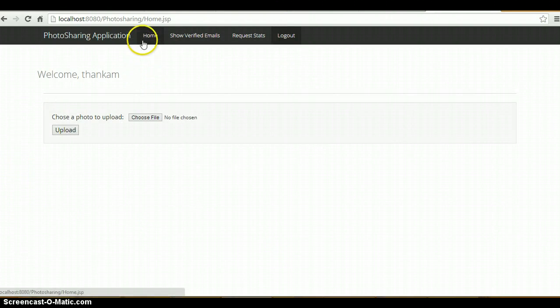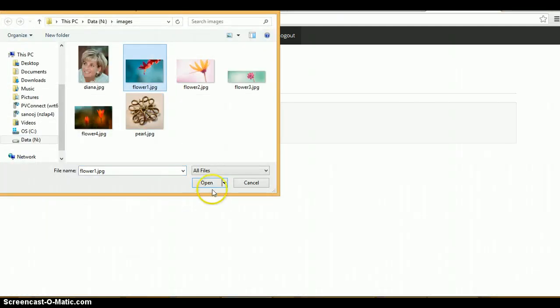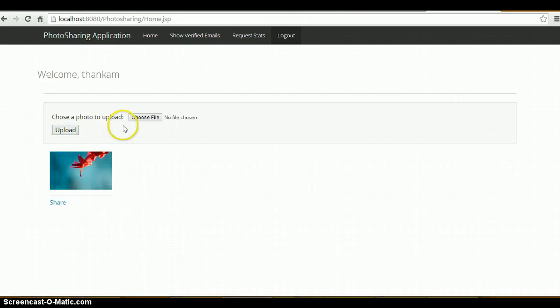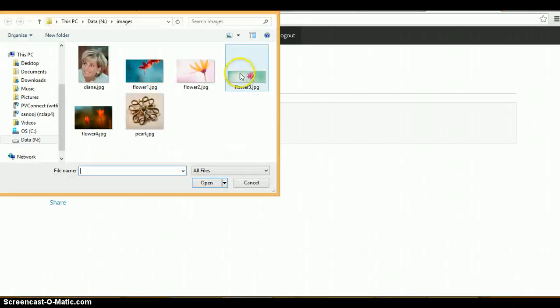This takes them to a home page where they can start uploading images and sharing them. This is a file uploader functionality where they can choose a local file, which would then be uploaded to an S3 bucket. We can see that in a minute. Let's upload a couple of images here.